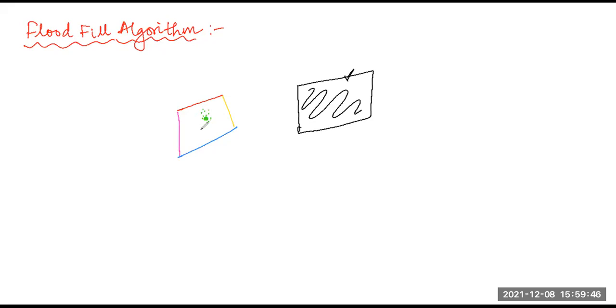So it works well, but not for boundaries which are not of a single color. This limitation of the boundary fill algorithm was solved by the flood fill algorithm. And the same concept is there. You can use the 4 connected approach or you can use the 8 connected approach, right? So now let us just write the algorithm quickly.